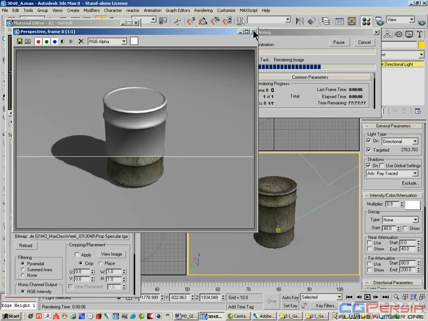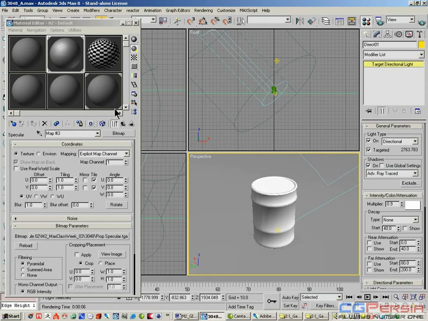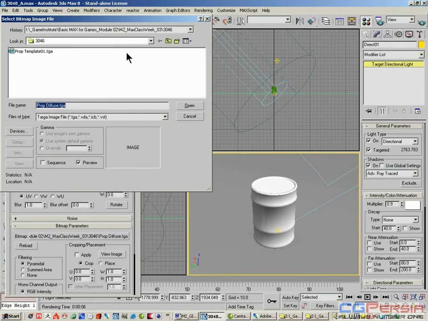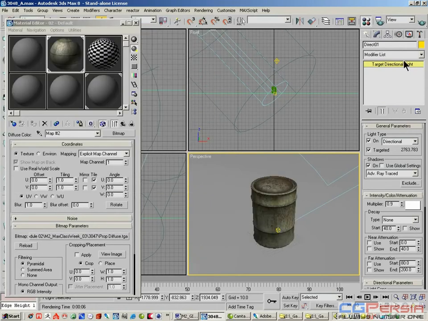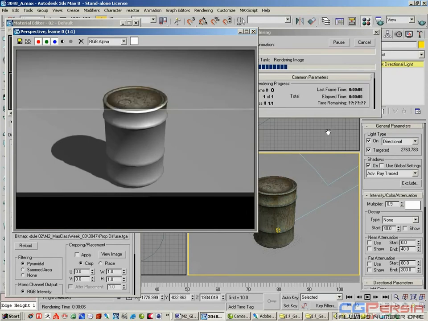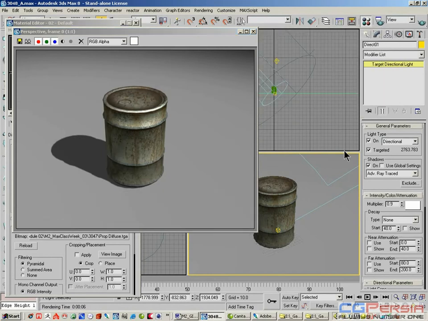Oops. Our diffuse map disappeared. There we go. Okay. And now that top piece is a little bit more calmed down, so it matches the rest of the prop a little bit better than it did. But you can adjust both maps and kind of play with how you want that